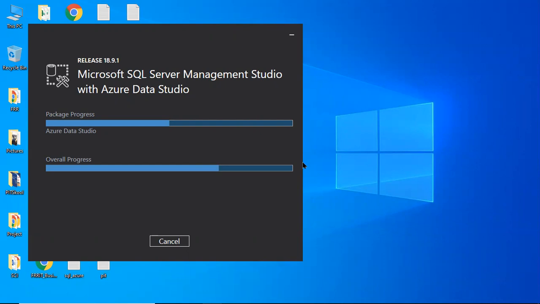One question is there: SSMS is a tool through which we can connect to the server or service and work with the commands, correct? Right, so we can connect to the server or service and we can work with the commands, yes.